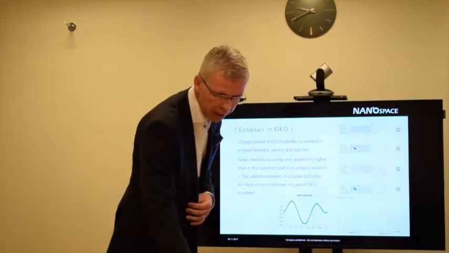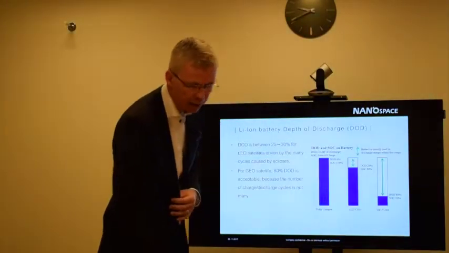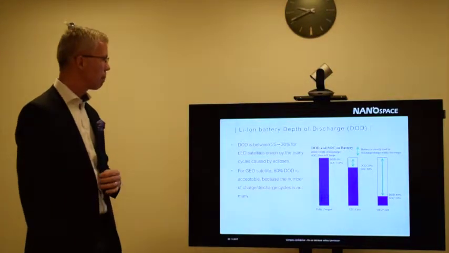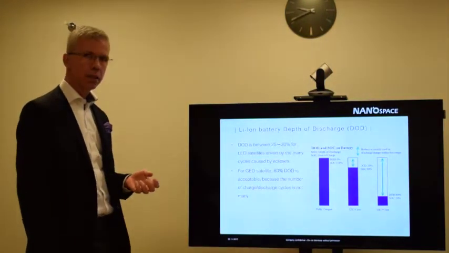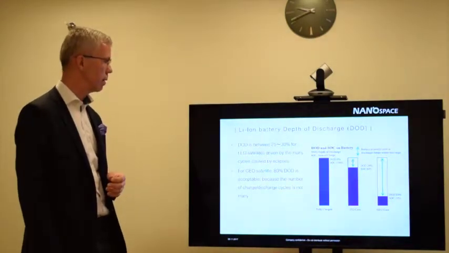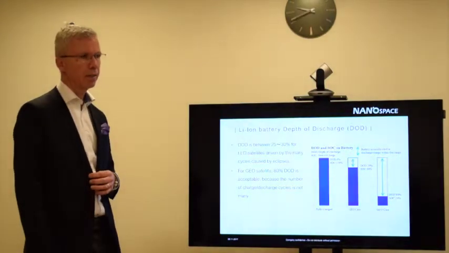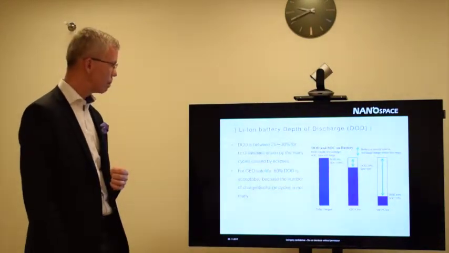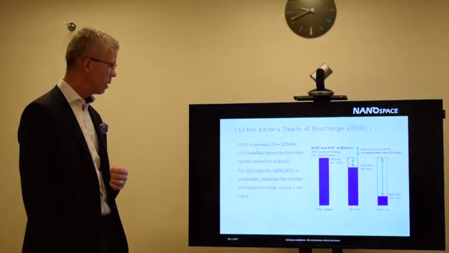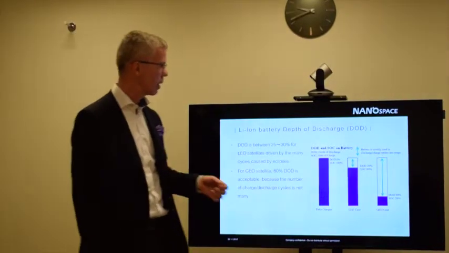So for the batteries, this means that you charge when you're in the sun, and when you are in eclipse you discharge. And this is also, as of today, one of the life-limiting factors of the batteries. And typically, to preserve the batteries, if you have a large number of eclipses, large number of cycles, you want to do